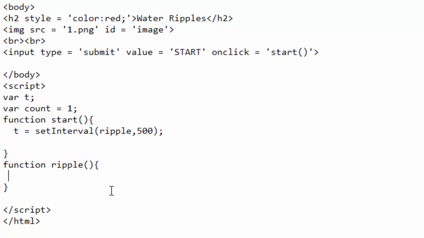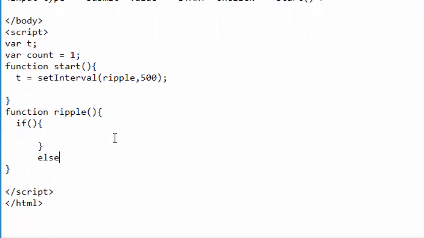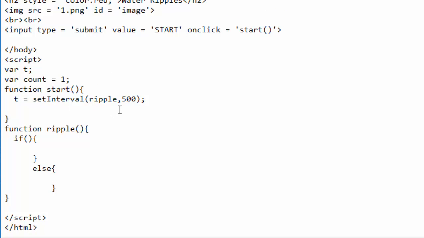I will come inside my ripple and do if, else, that is decision making, some decisions here. Save the changes a bit. So this is what I will do. I will check what is in count each time this thing is running. So if count is less than 7, remember I have 6 images, so I don't expect the value of count to reach 7. So if count is less than 7,